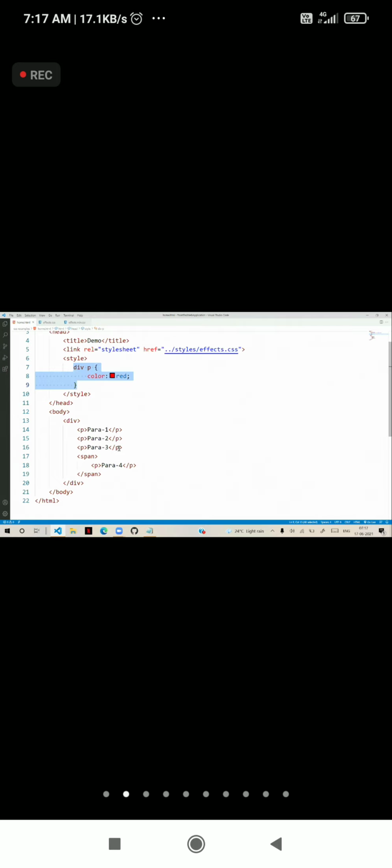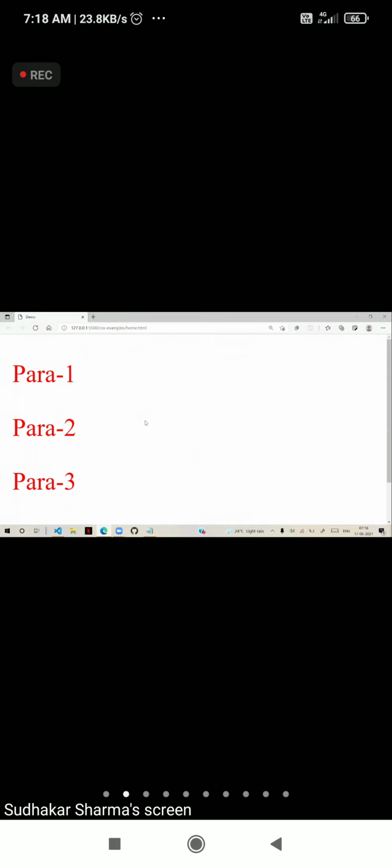It can be a direct child, or it can be an indirect child. That means it can be at any level. When we run this page, it is going to apply red for all paragraphs. So para 1, 2, 3, and 4.